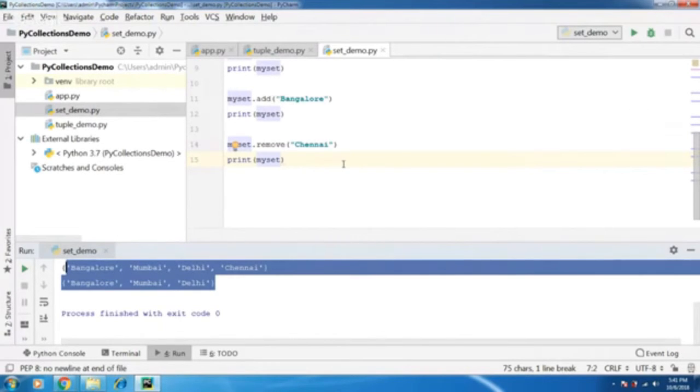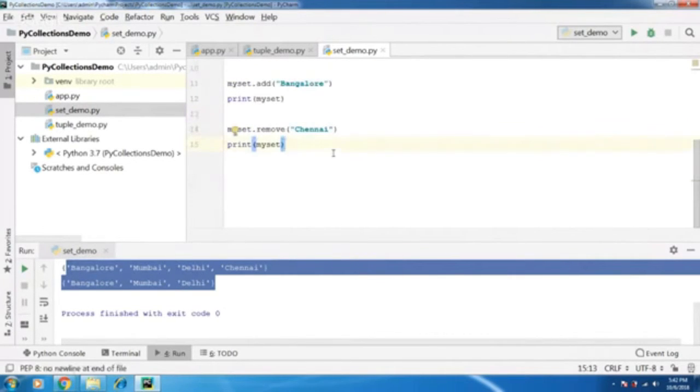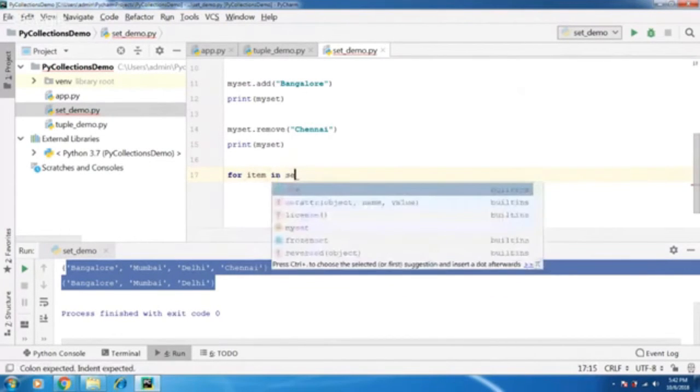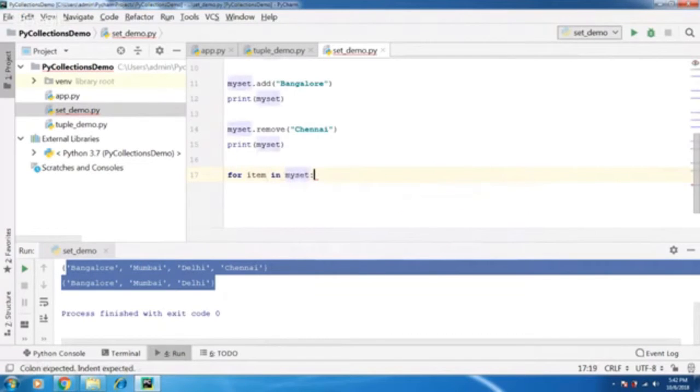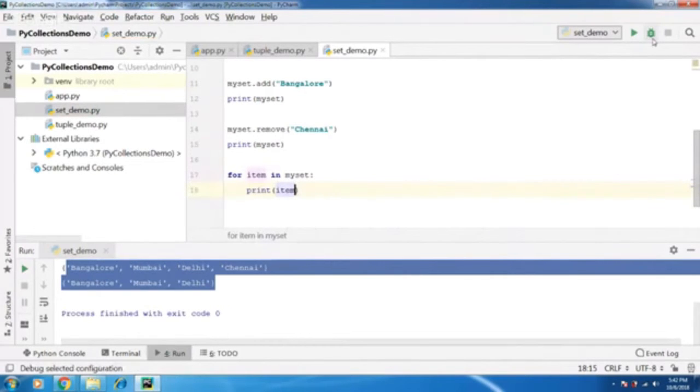And you can also use the contains method to check whether a particular item is present in your list or not. So if it contains, you don't add, but if it doesn't contain, it returns a false, and then you can add the item in your list. And what you could also do is add a for each loop. I can say for each item in my set, I can print the item. So it prints each and every item